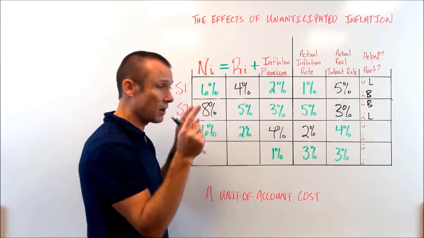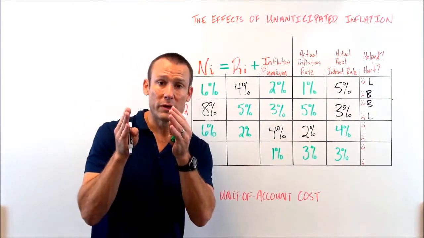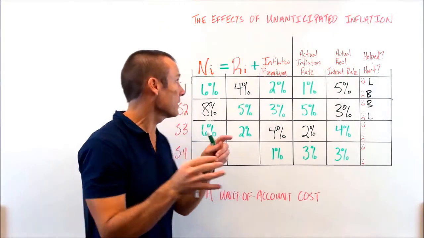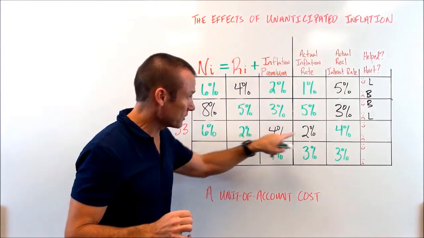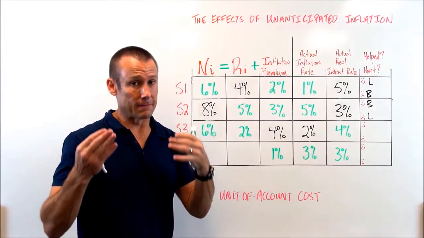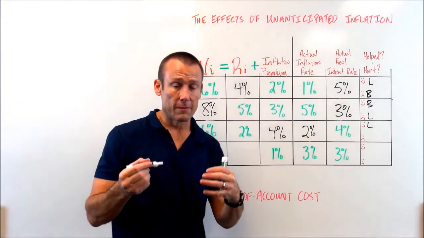Now, the two big columns, I think, for doing who's hurt, who's helped, are these ones. Well, remember, what do we really care about? We really care about the real interest rate. Well, we expected the real interest rate to be 2%. It was actually 4%. Hey, the lender, definitely happy. They're going to be able to buy more goods and services than they thought. The borrower,